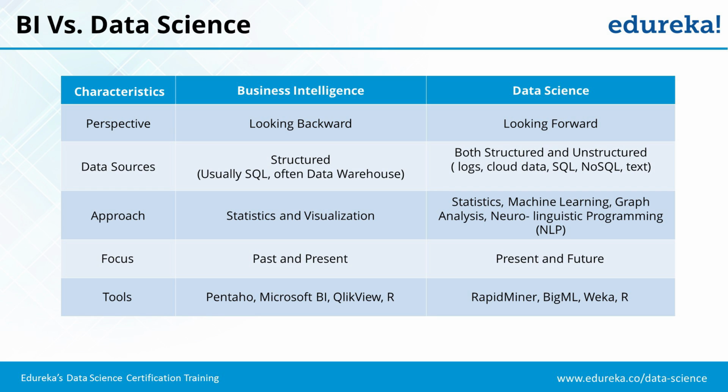So Priyanka has a question. Is BI and business analytics the same? Yes, Priyanka, BI is short for business intelligence and more or less the same, but business analytics nowadays is used in a different context as well. So business analytics, data science, data analytics, these are all used in conjunction with each other. So BI is about intelligence, it's more related to reporting, whereas data science is more about predictions. So whenever you talk about predictions, that is about data science. Whenever you talk about reports and dashboards, it is about BI.